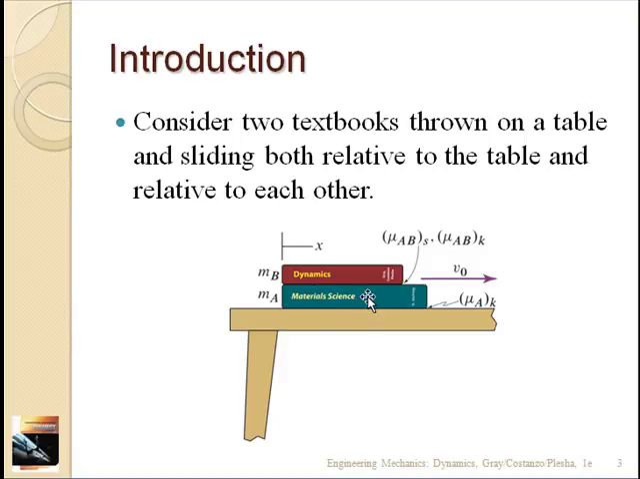So there's friction between the green book and the table because it's sliding, but also there could be a relative sliding between the dynamics book and the materials book, right? So there could be friction between those two as well. And the question, for example, is if you consider the two books as a system, do you have to include the internal force, the friction force between the dynamics book and the materials book, the green book and the red book? And the answer is yes,